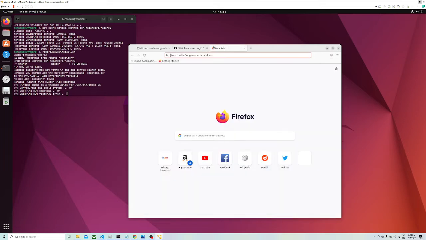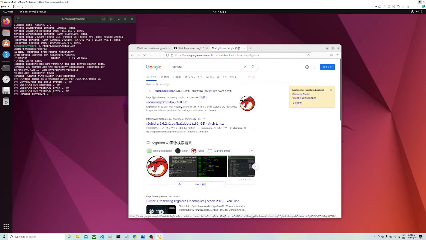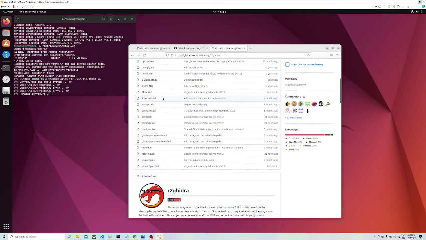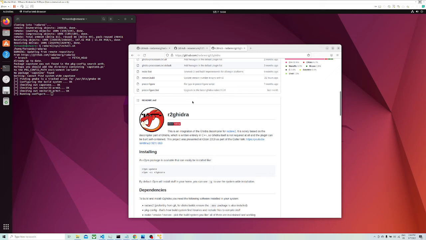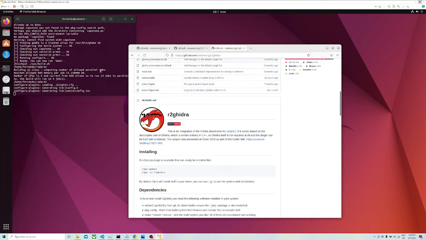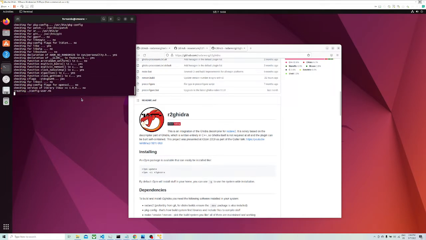And we're also going to be using r2ghidra. So there's times when we want a cleaner decompilation, so we're going to be using this plugin. It works pretty nice, so I recommend it. So we're going to let it build, and